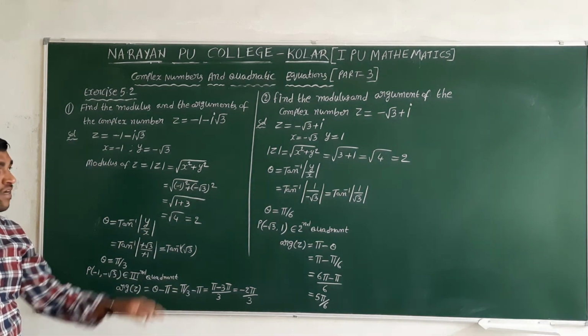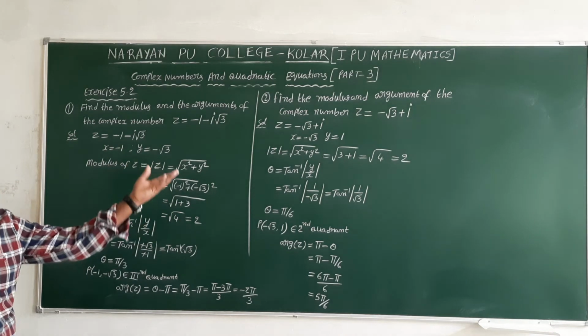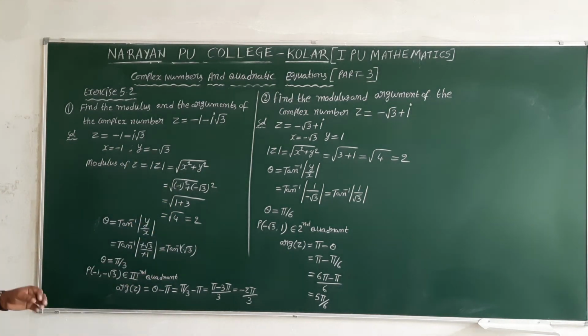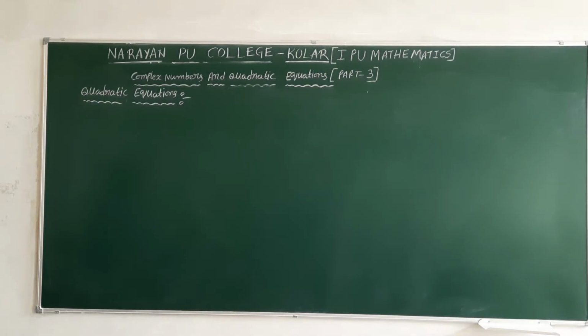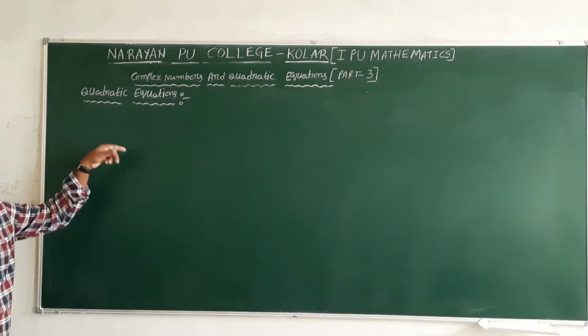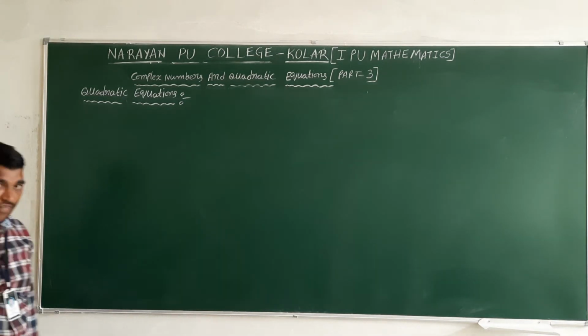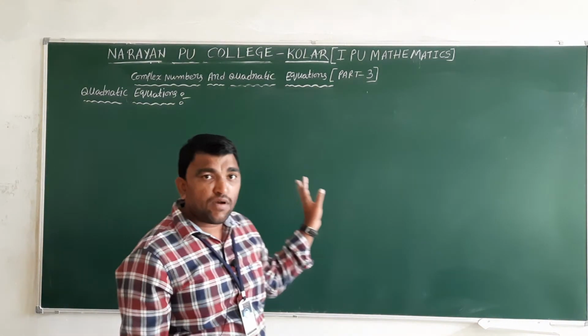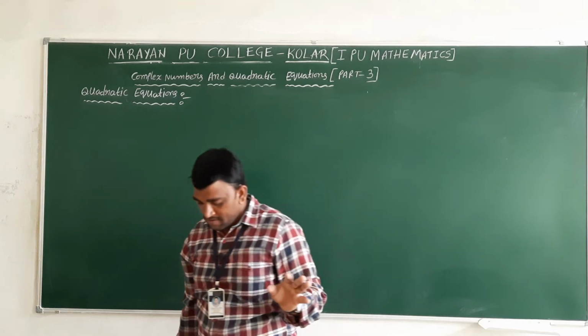After this, the conversion of polar form problems will be there; that portion is deleted. If there are any questions based on that, we will discuss them in the objective. Next we will continue with the quadratic equation. Next topic and last topic of this chapter, quadratic equations. This is the most important topic for 3 marks.